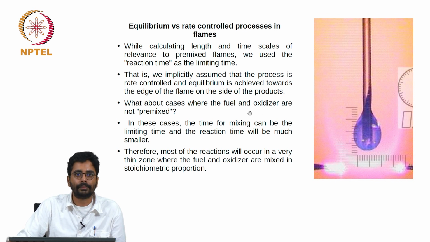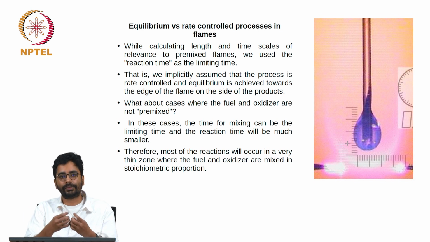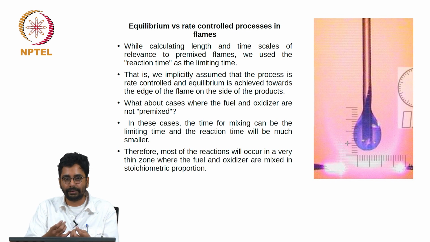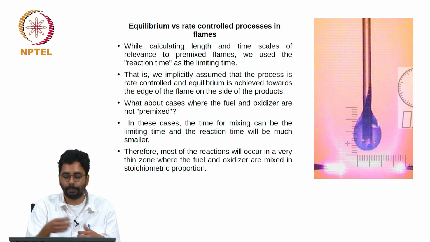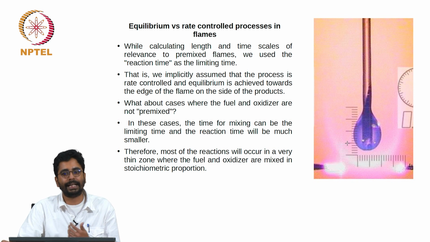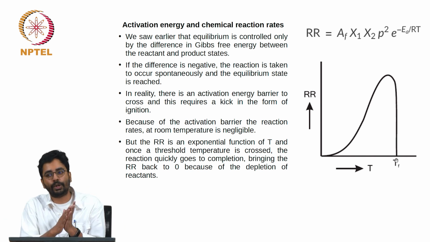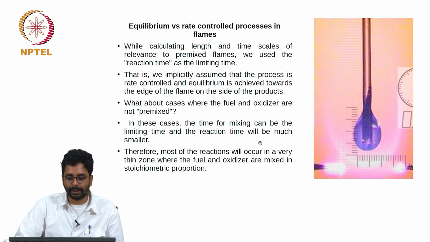What happens here is, since the reaction rates are much higher, the vapors of ethanol and oxygen from the surrounding air have a lot of time to equilibrate. The reaction rates are much larger, so there is a lot of time available for the reactions to go to completion, to a point where the net reaction rate is 0. So the state around the flame will be close to what you see here. The temperature will be close to the adiabatic flame temperature and the reaction rate will be 0. These observations are what are summarized here.